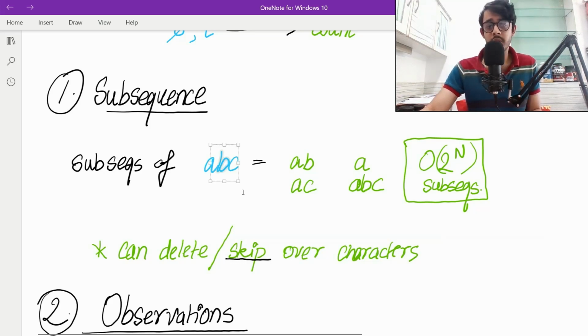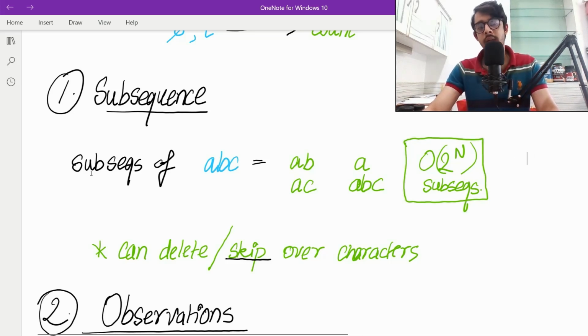You can also choose to delete B in the middle, and you can have AC as one possible answer. Alternatively, you can choose to delete C and you'll have AB as the answer, and similarly, you can do it for every single possible case. For the convenience of explaining, I'm going to call this skipping instead of deleting because skipping is a lot easier. And what do we observe? What is the biggest thing that's standing out to us? It is this box over here.